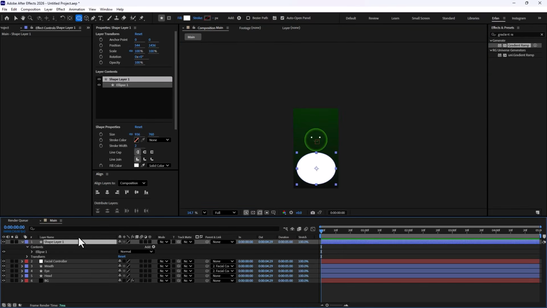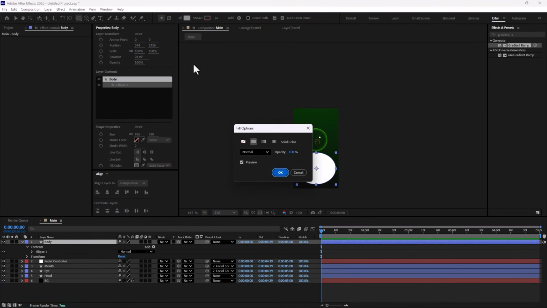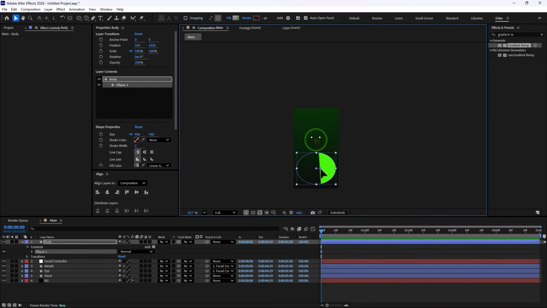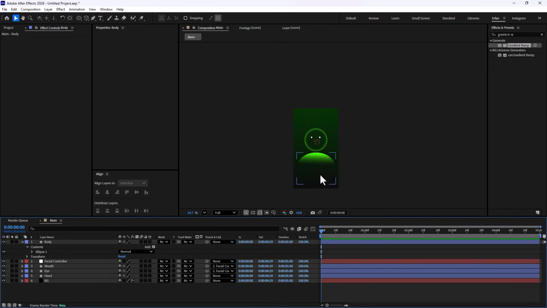Now, we're going to call it body, and then we're going to do the same trick that we did for the head. We're going to switch this time into the linear gradient, and set the lighter shade on top and the darker one on bottom, something like this. All right, this looks good, but still, as you can see, we have something in here.